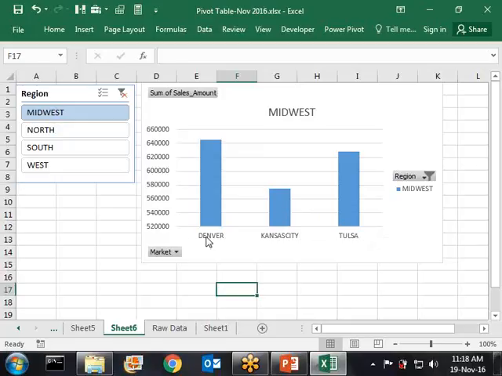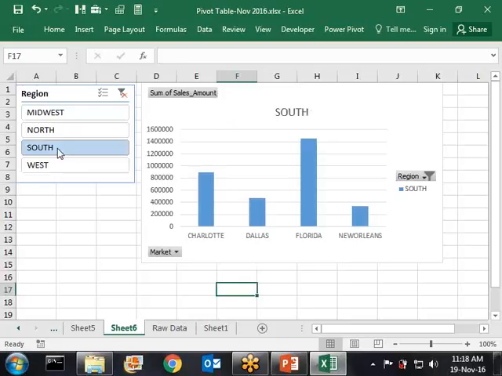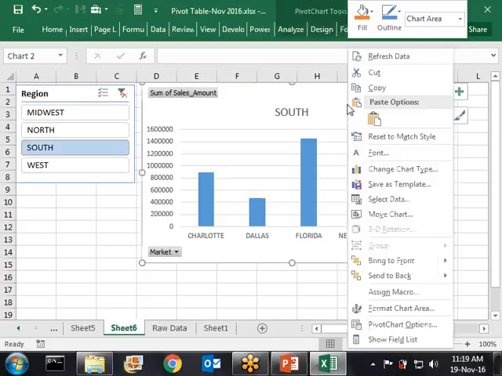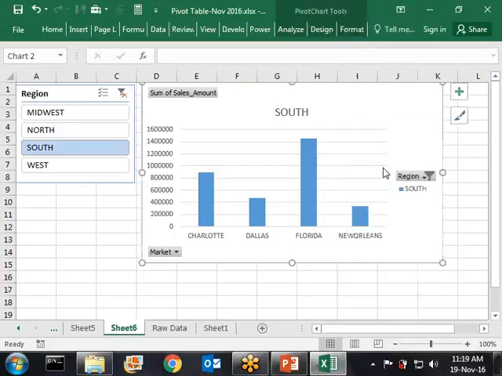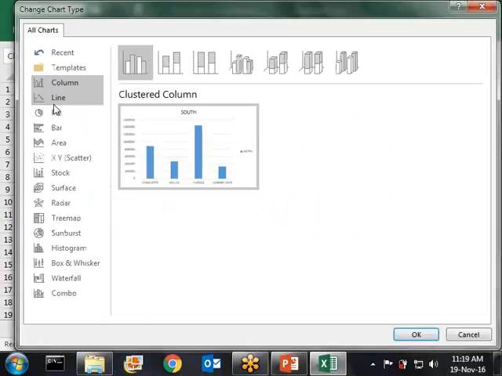And in Midwest, which is the best? Denver is the best. If I go to the South region, I have got four markets and which is doing the best? Florida is doing the best. I could have shown in terms of bars, or if I'm trying to see the composition, a percentage contribution of the markets to the region, then you could have also changed this into a pie chart,